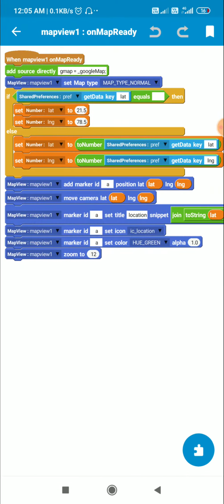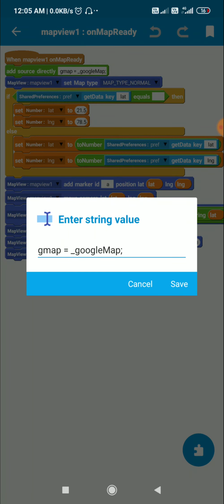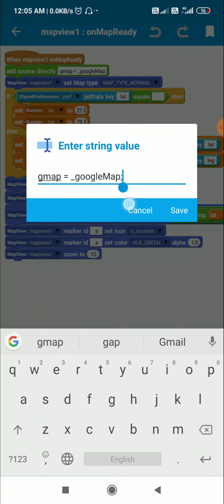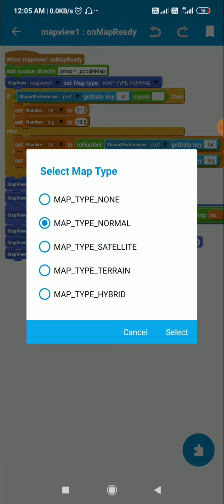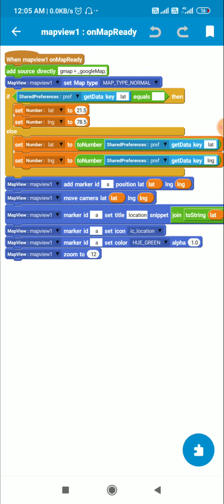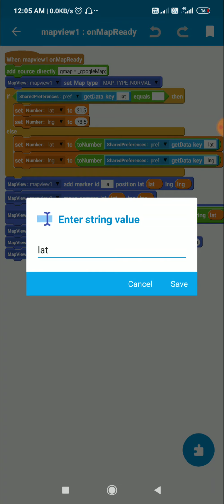Now I define it in on map ready event, gmap is equal to underscore Google map. Underscore Google map is a variable in on map ready event. Now after that I set the map type to map type normal, and then in shared preferences I check the key lat.